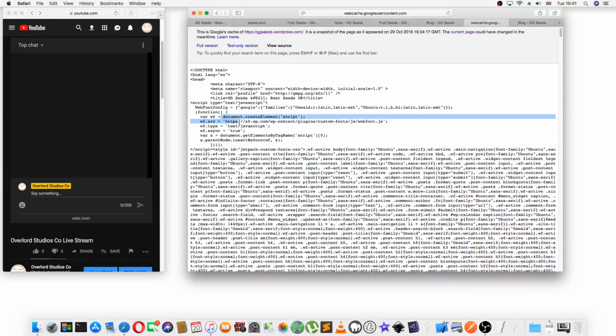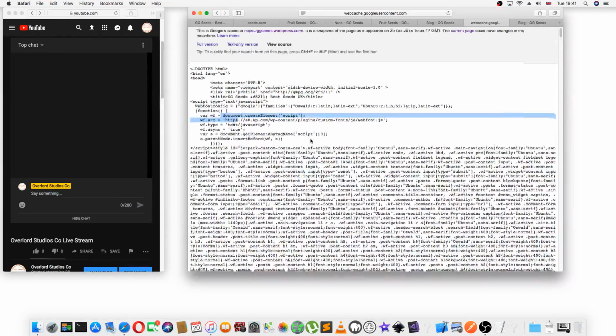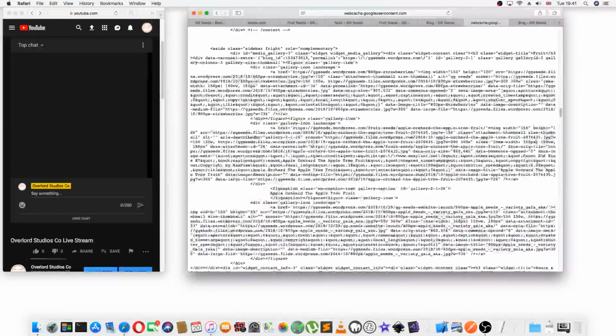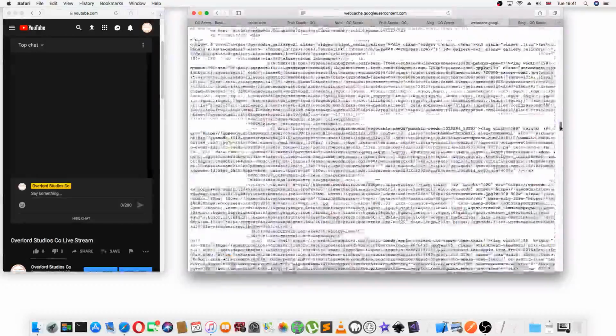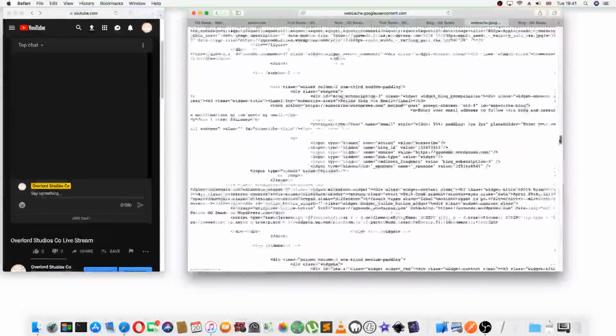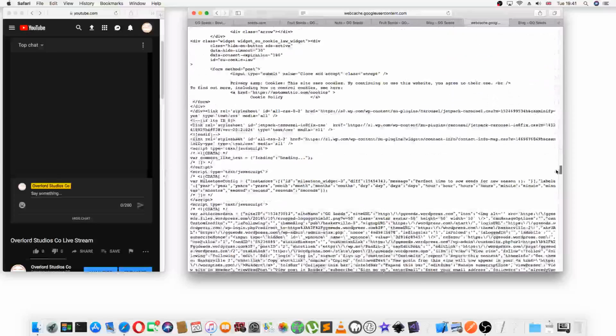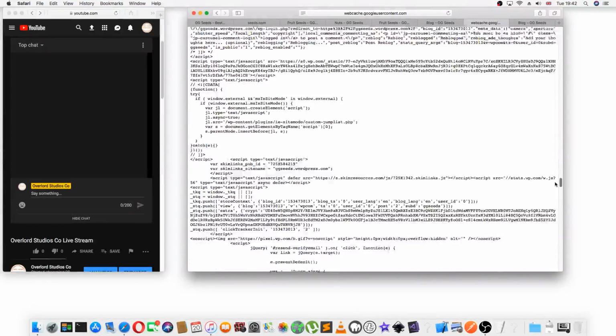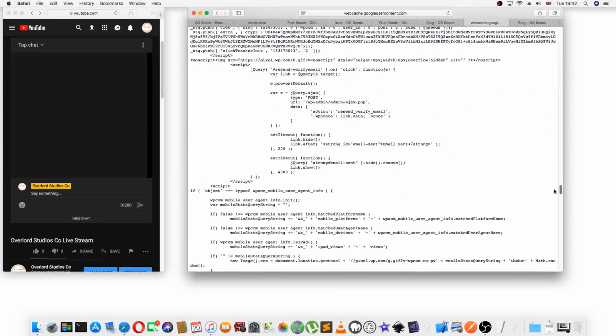Got some script there. See, this is why it's a bit slow with WordPress. You see all this code, and there's a lot of script as well. A lot of script, and we've got